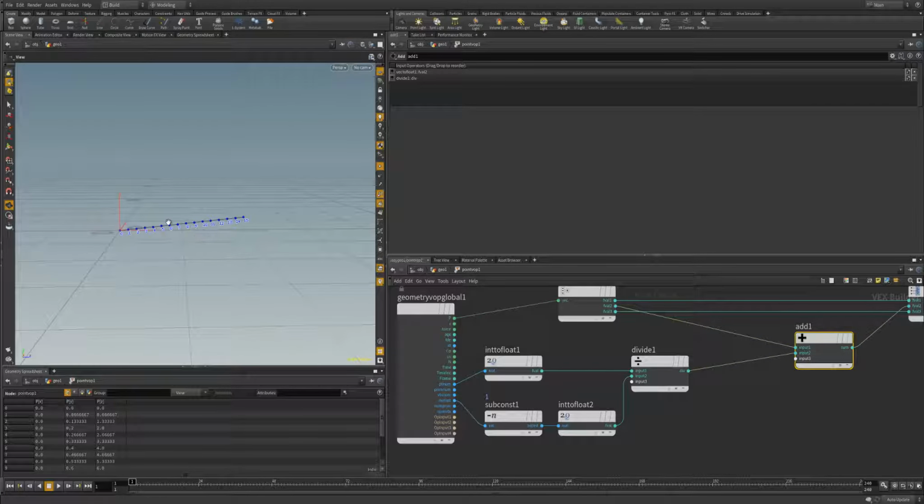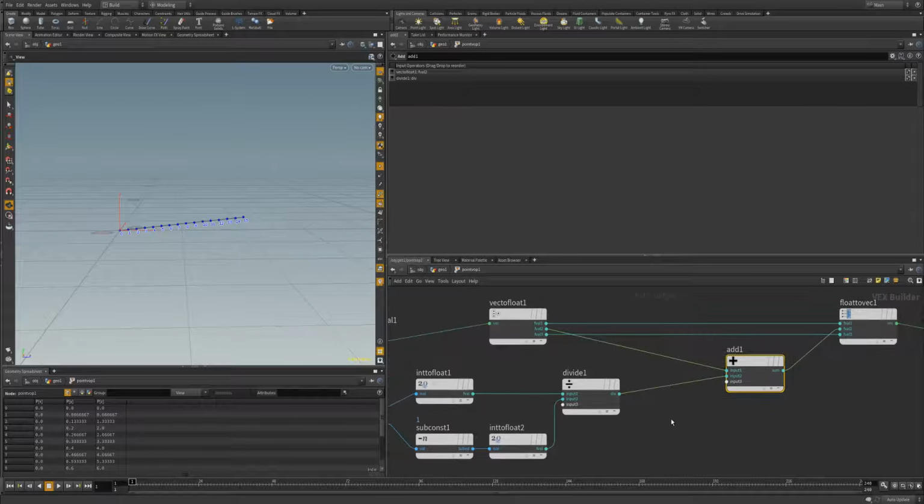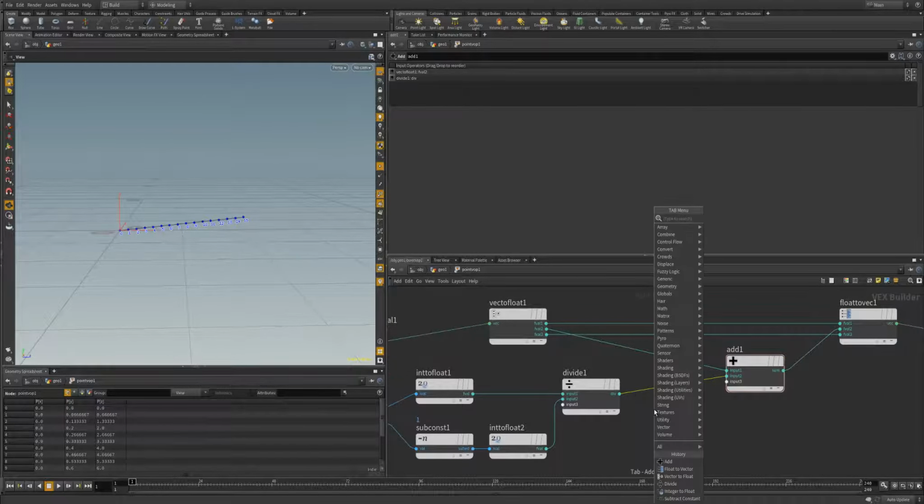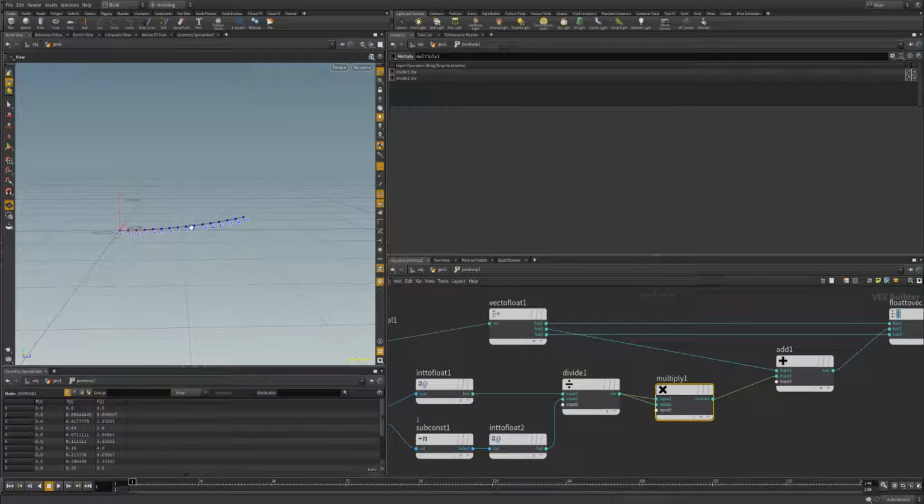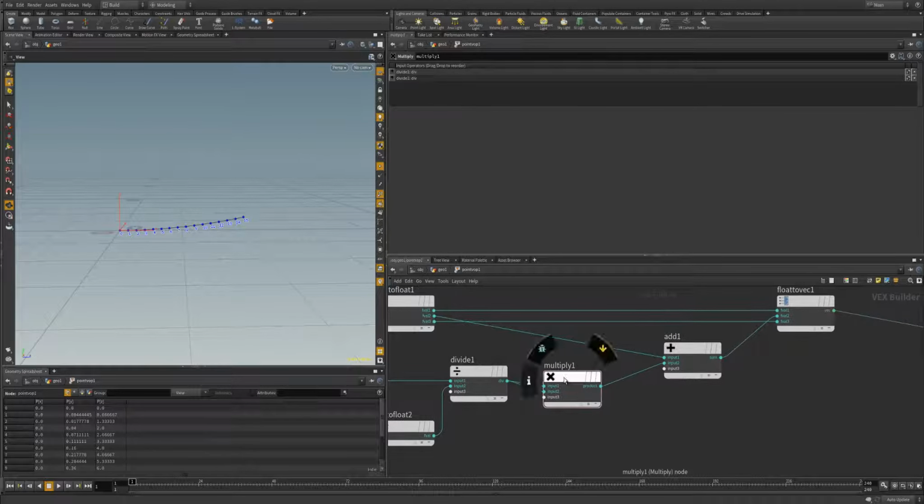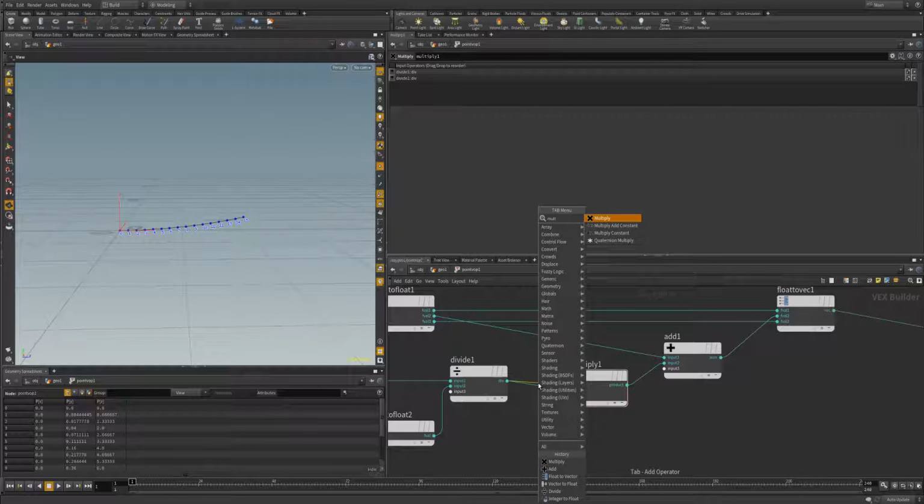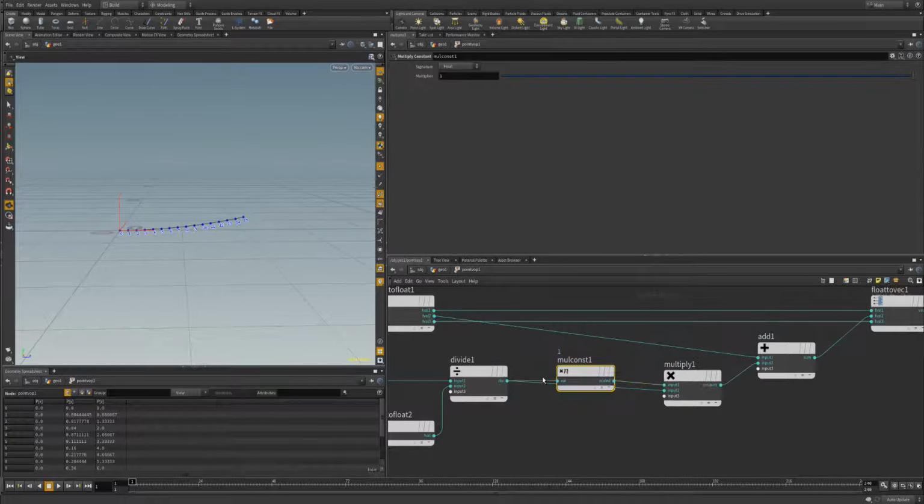We're actually going to need to square this value so that we can take our slope and turn it into a parabola. So we'll drop down a multiply, and to square it, we'll just multiply it by itself. And now we're starting to get a little bit of a curve. Actually, let's increase the steepness of this curve, so we'll multiply it by a constant, and multiply this by 2,